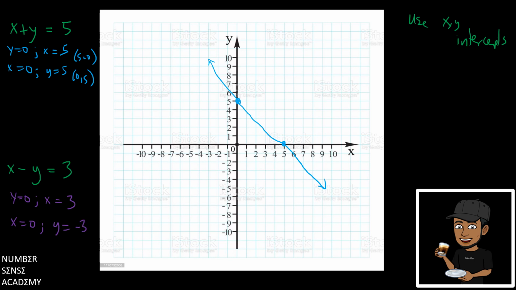So our first point is going to be 3, 0, and our second point is going to be 0, negative 3. So we'll find those. So 0, negative 3 is right here, and then 3, 0 is right here. So if we connect those,